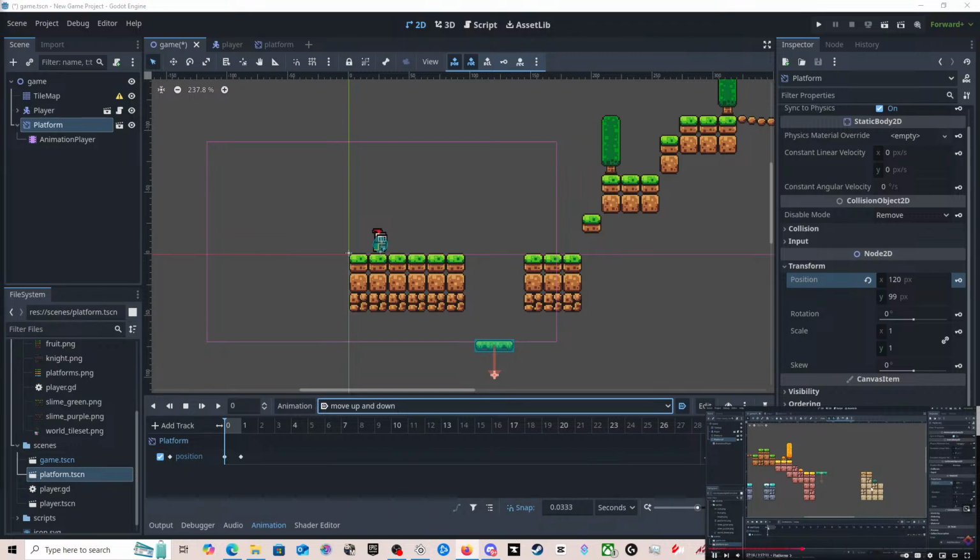Then we can go forward in our timeline here to say 1 second, move our platform to the right. I'm going to click and drag. I'm also going to hold down shift to kind of snap it to one axis. Let's move it to there, and let's add another keyframe. And now we can see that if we play, the animation plays. We also want this to loop, so I'm going to select loop here.